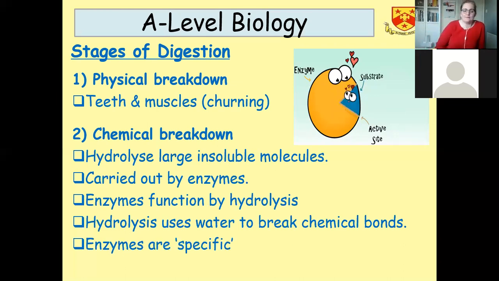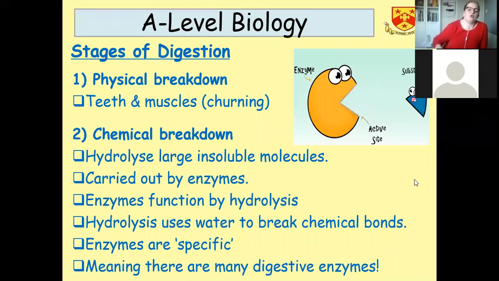And remember, enzymes are specific. So the enzyme used to break down a carbohydrate isn't going to be able to break down a protein. An enzyme for a lipid isn't going to be able to break down a protein either. They're all substrate specific. So we have lots and lots of different digestive enzymes. You'll have probably heard of quite a few in the past, things like carbohydrase or amylase or lipase. They're the main ones that you've probably come across at GCSE, and we're going to have a look at them